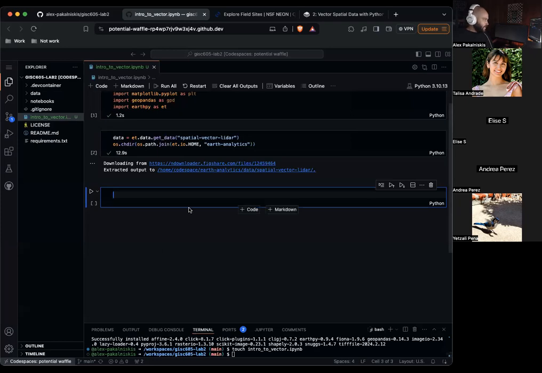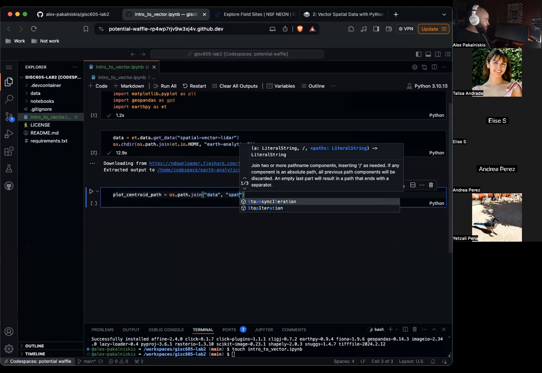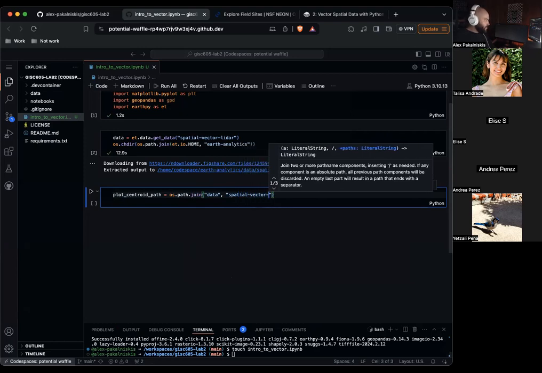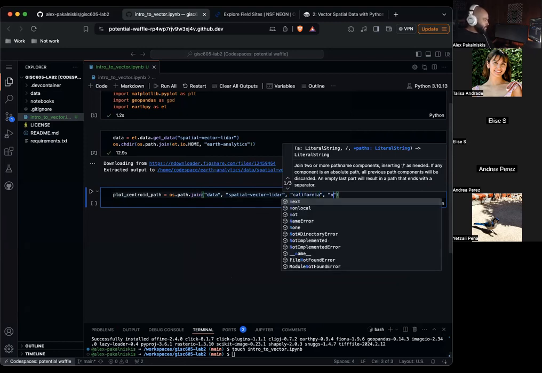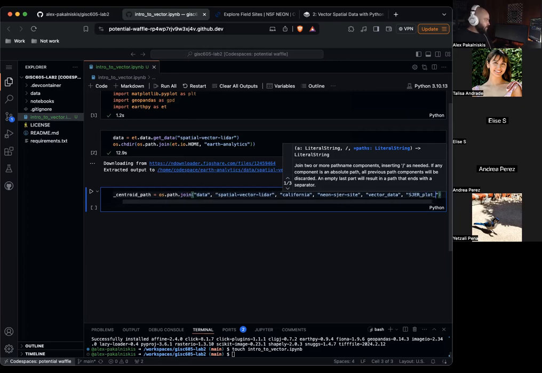So let's plot that data. Let's plot the centroids. Path join data, spatial vector LiDAR, California, NEON SJER site, vector data, SJER plot centroids.shp.